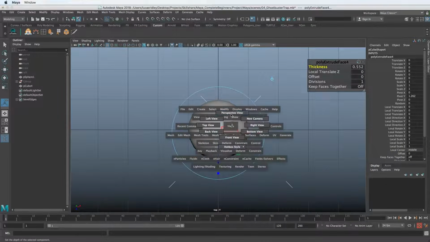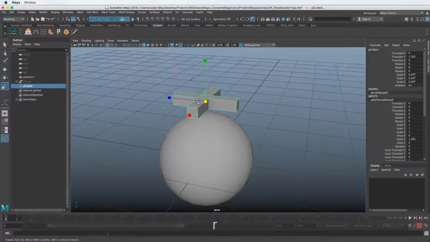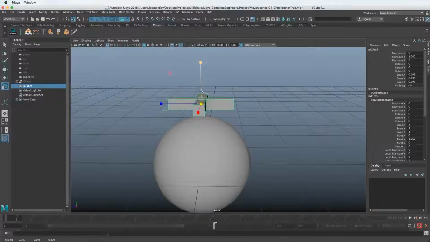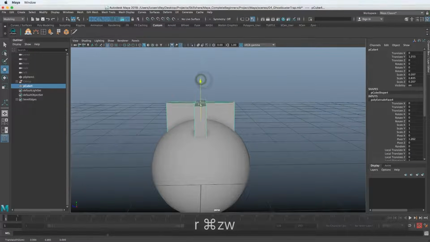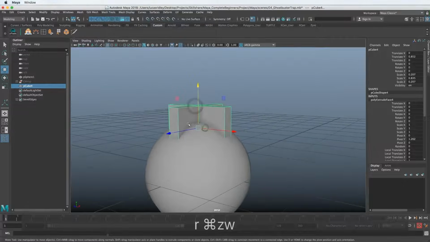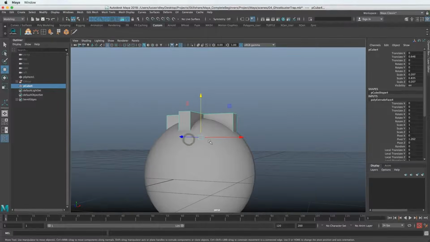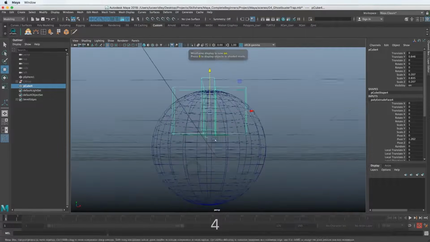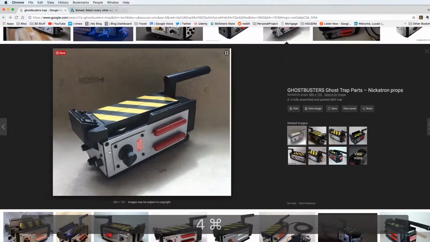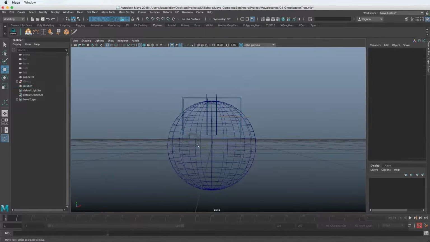And I'm going to go back to perspective and right-click to object mode. Hit the R for scale and scale up in the Y here. Drag this down, and we want this to go in as far as we think we need the screw to go. So maybe pretty far, something like that. We can go to wireframe mode by hitting 4, and we can see it doesn't go all the way to half. So, because this is sticking out at least half and it's more pancake shape, we could actually just go ahead and do that with the sphere.